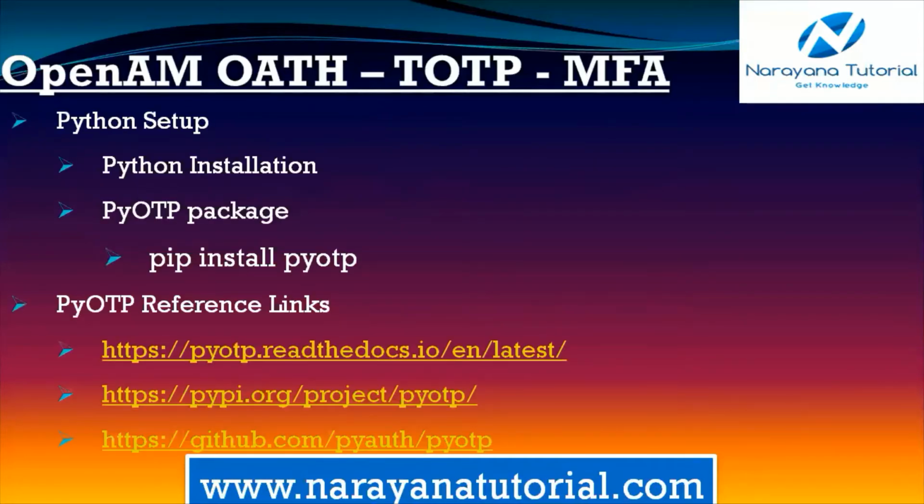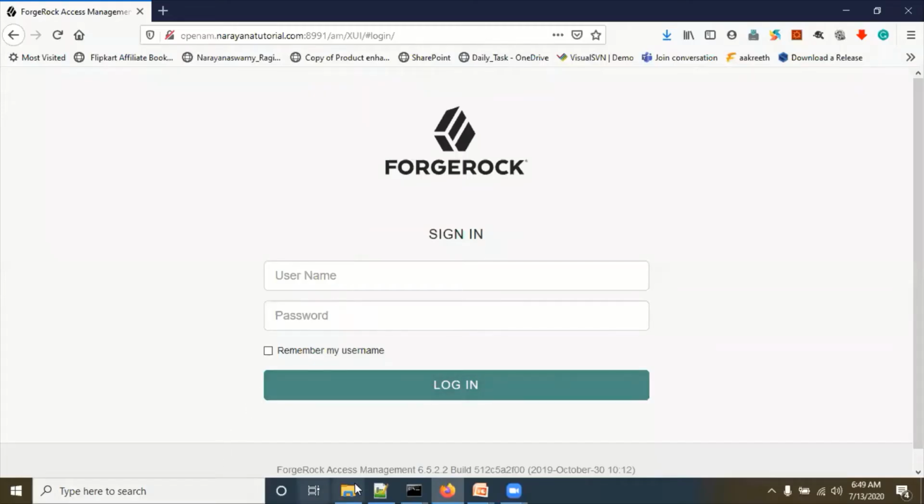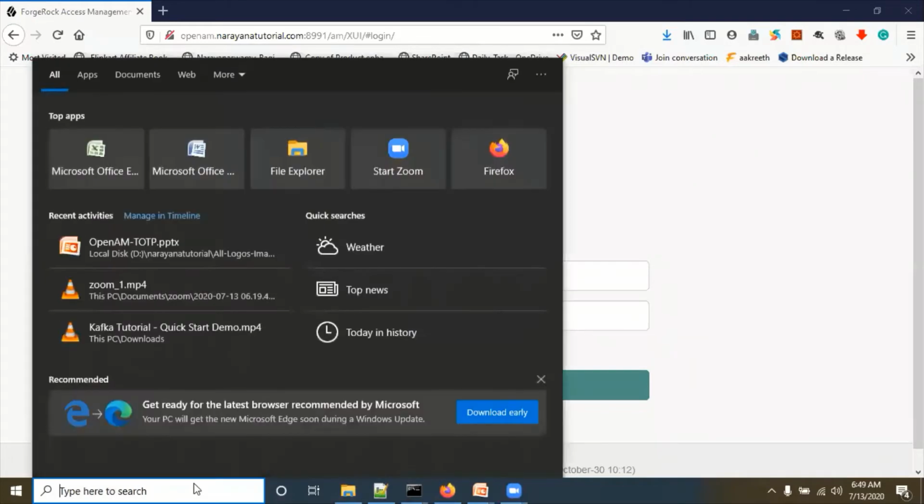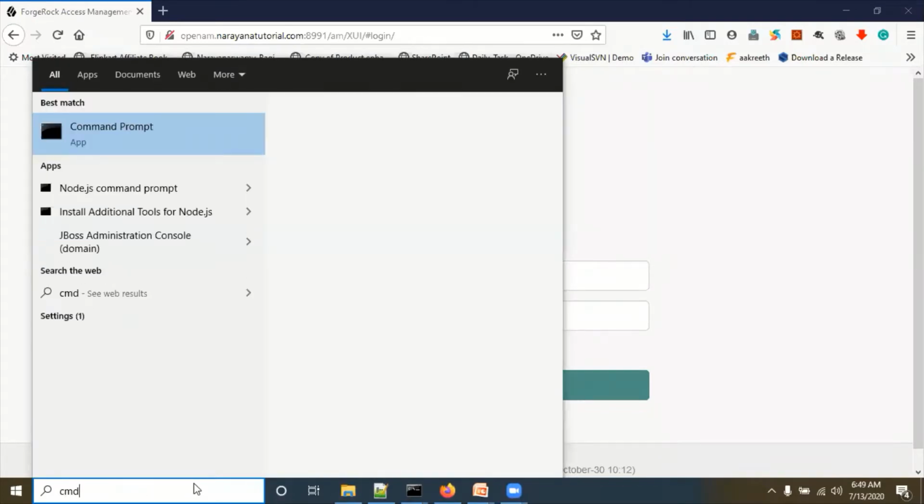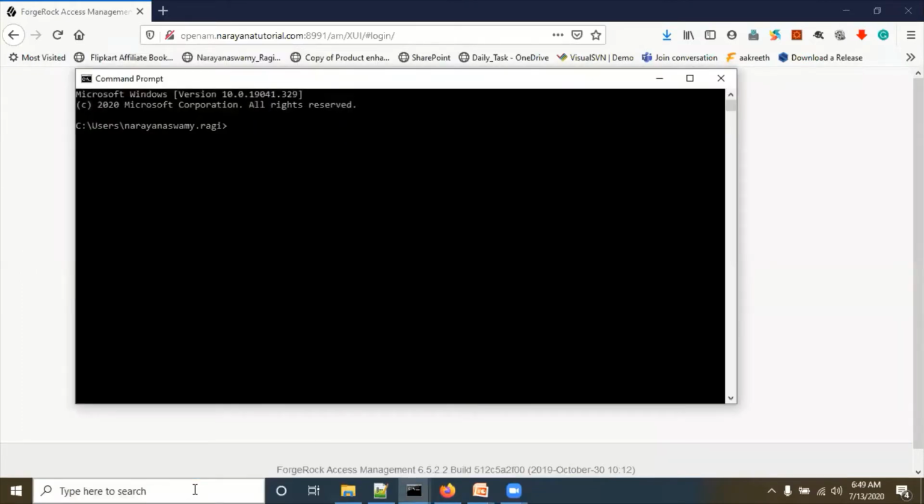First we need to install PyOTP using pip. How to do that? In my system I have already installed Python. Open the command prompt, and you can check whether Python is installed or not. Python 3.8.3 is installed.